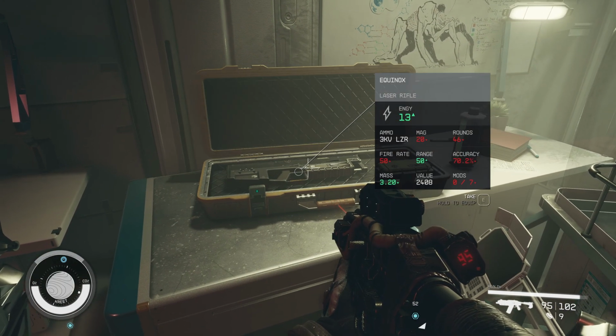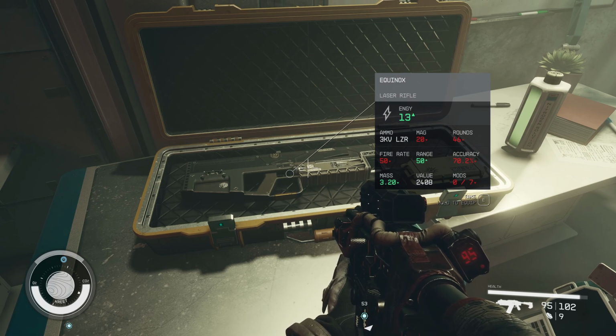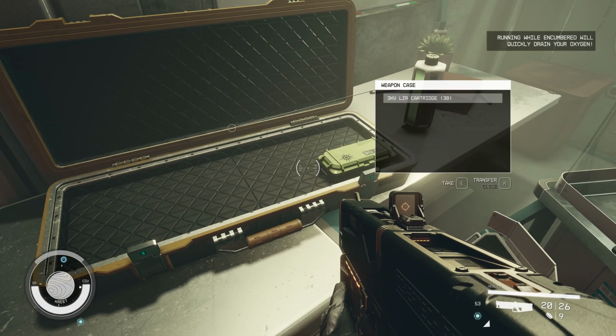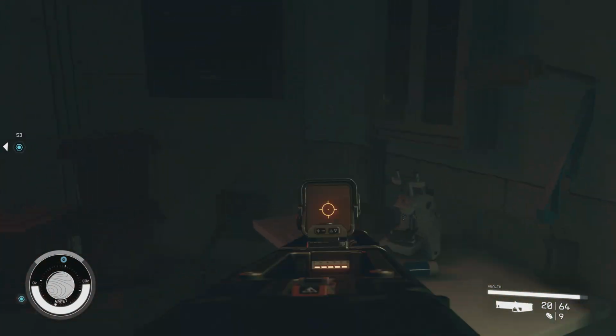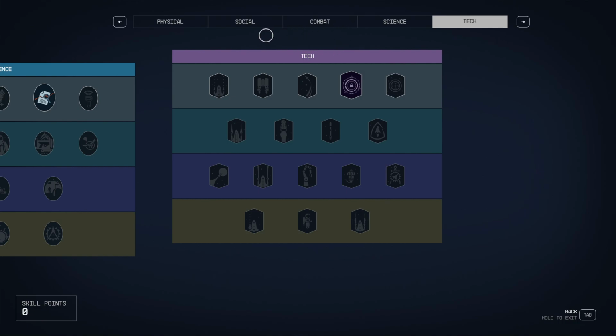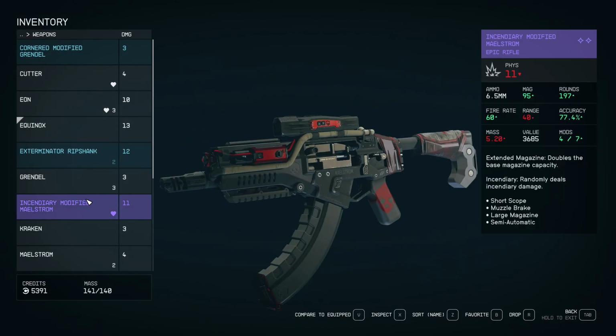Weapon case. Hey, a laser rifle. Hello. Yes, please. And some other stuff. Ooh, fancy laser rifle. Hang on. What are you? I don't have the skill point yet. What are you? You are...